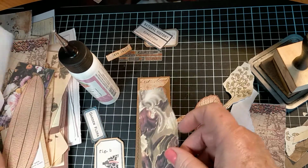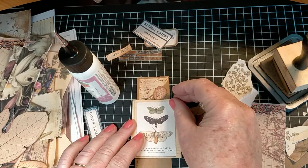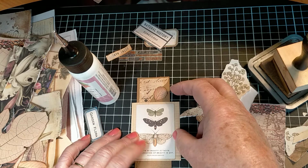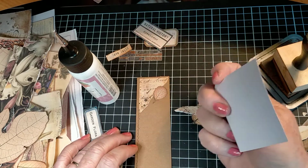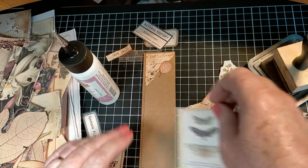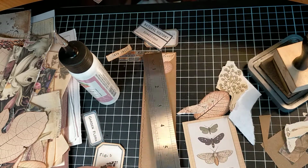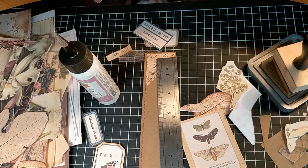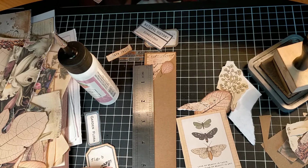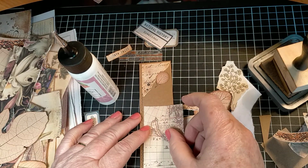But I wonder if I've got the butterflies. Oh, they're nice, aren't they? And they'd just about fit, maybe down the bottom. Not sure. I like a torn edge too. It helps grip, doesn't it? It helps grip the paper. So the contact to contact, the rough edge. It's far, far better for the